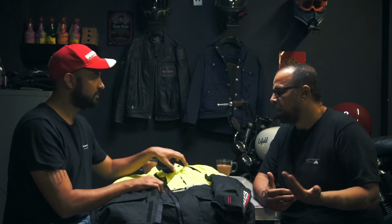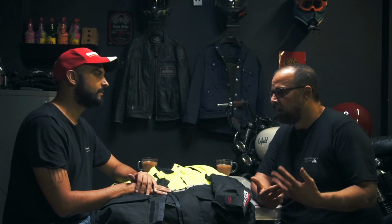a mesh jacket with a rain liner is suitable, possibly yes. Or if I was living in a very cold place, up north, then maybe just one jacket would do. Correct. But here we are, and where it complicates is that lots of times we start a ride like the